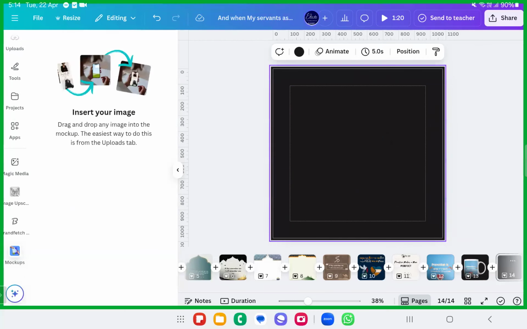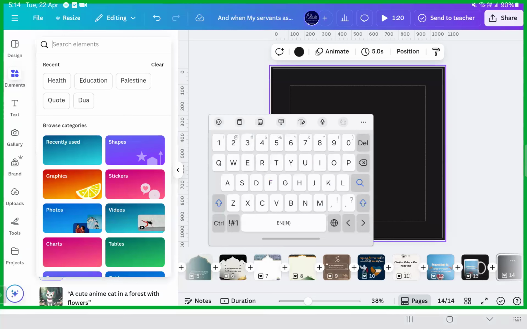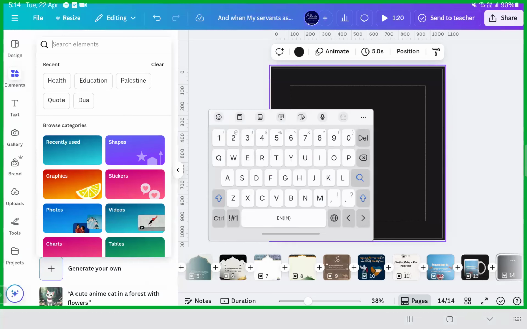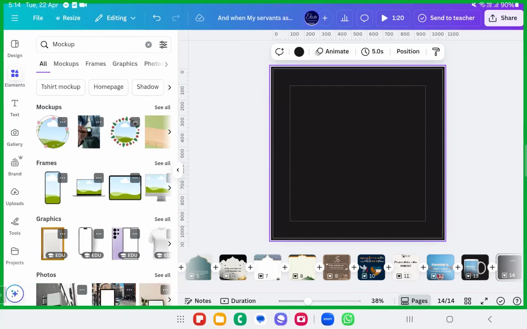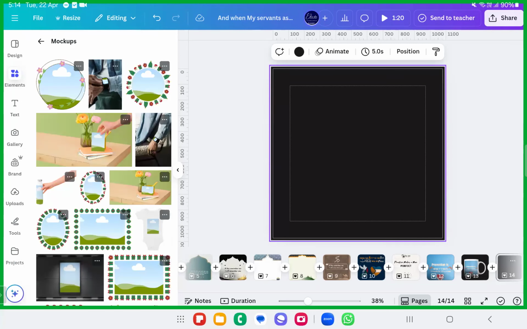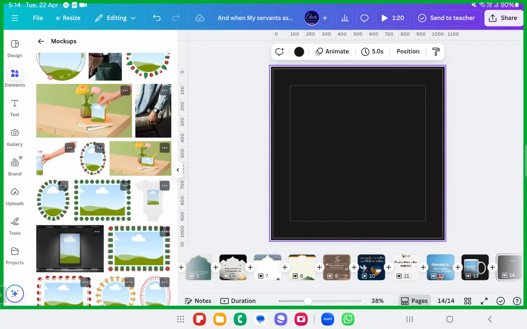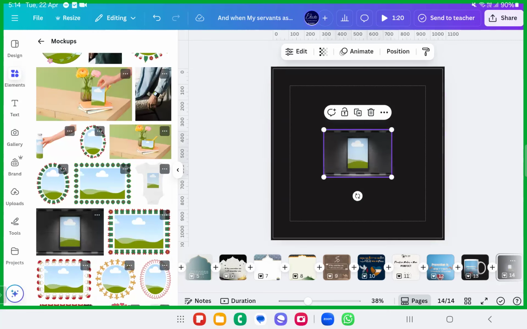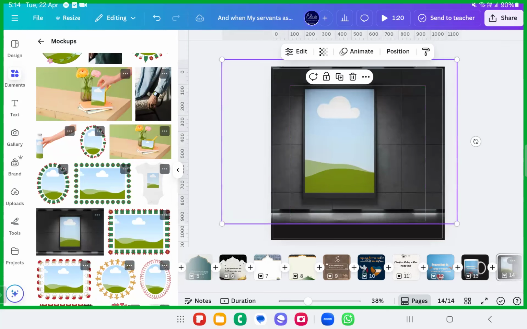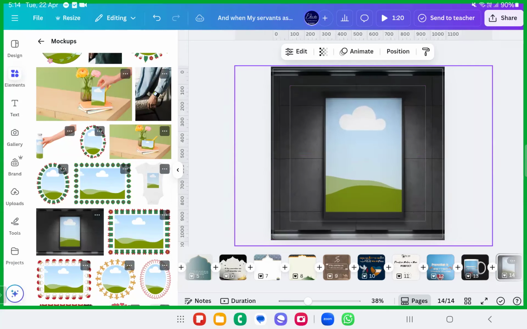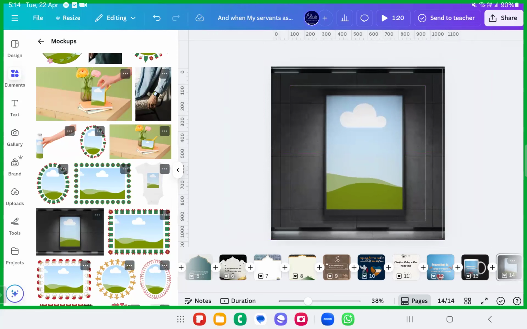Go to the apps, create a mockup. Okay, you can even type it in the elements, dear sisters and brothers. Fine, in the elements as well. If you type mockups, you'll get the mockups. You'll get beautiful mockups. Fine. For example, okay, let's take this as a mockup. Okay, this is a screen. You're putting your images on the screen. Do you think you can do that? Yes, you can. You can put whatever you want on the billboards as well.